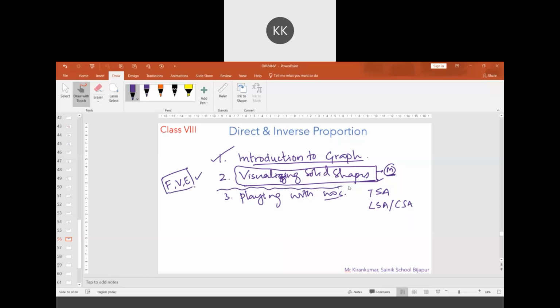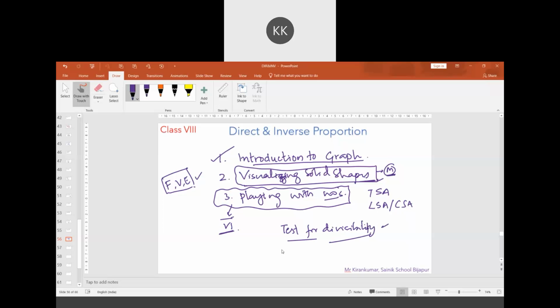Playing with the numbers is a continuation of the chapter you have learnt in class 6th. In class 6th, there was playing with the numbers, the first chapter. Class 8th also, it is in continuation. Here there is a repetition of tests for divisibility. This concept is repeated.